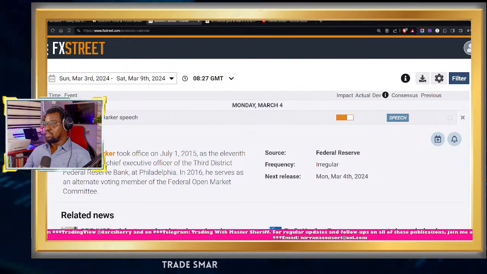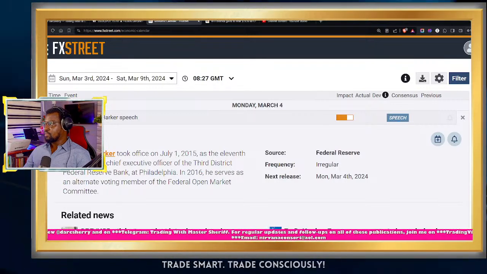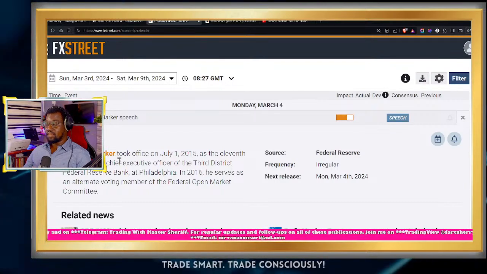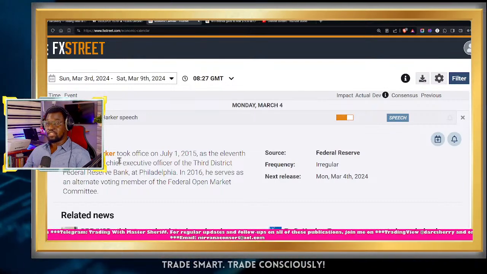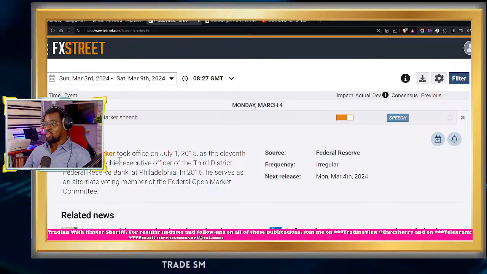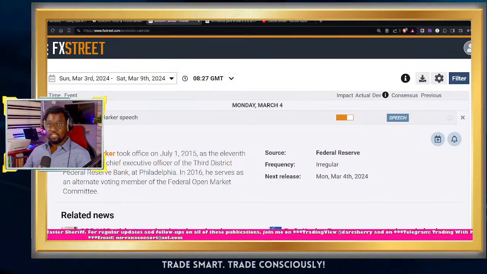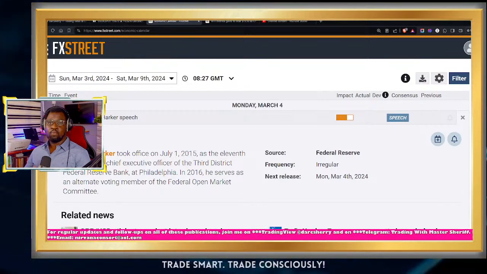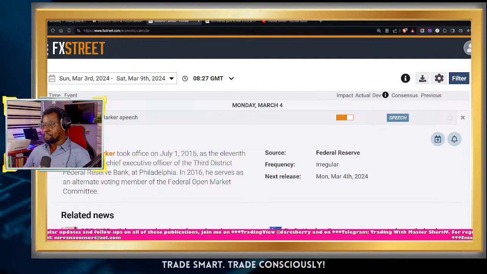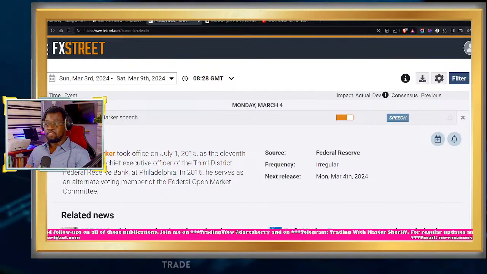We will be looking forward to this speech from what's his name again, Patrick Harker, who is the president and chief executive officer of the 3rd District Federal Reserve Bank at Philadelphia, and is also a voting member, to be precise, of the FOMC, which further gives weight to whatever he will be saying. And usually when we look forward to speeches from Fed officials like this,